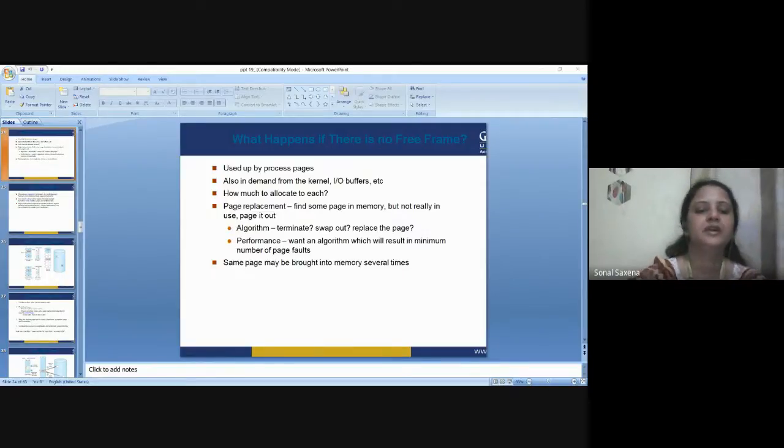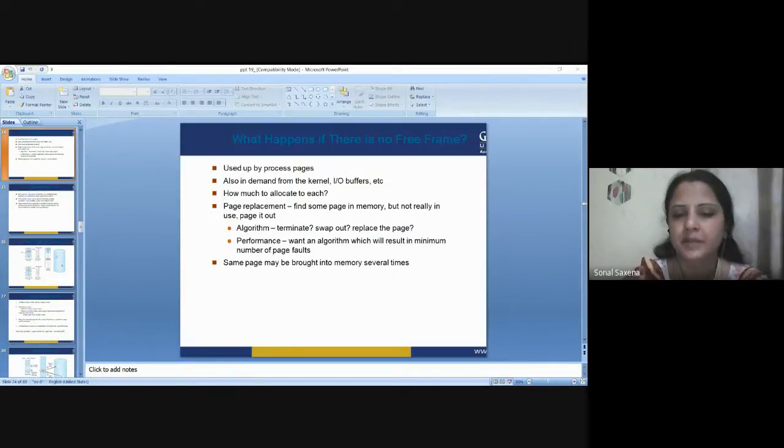Now, what are the advantages? More processes may be maintained in the main memory because we are going to load only some of the pages of any particular process. There is room for more processes. This leads to more efficient utilization of the processor because it is more likely that at least one of the more numerous processes will be in the ready state at any particular time.